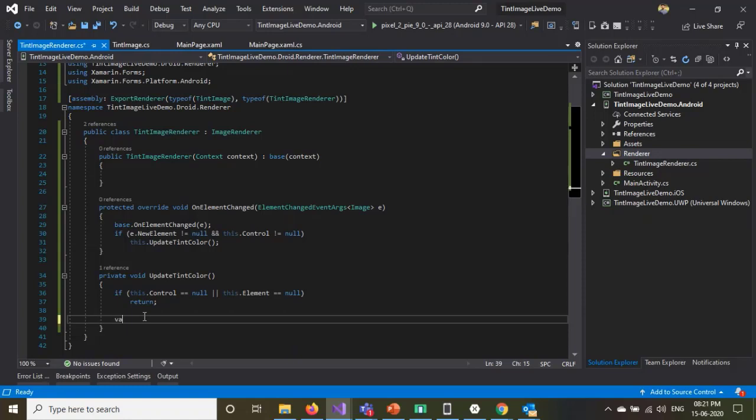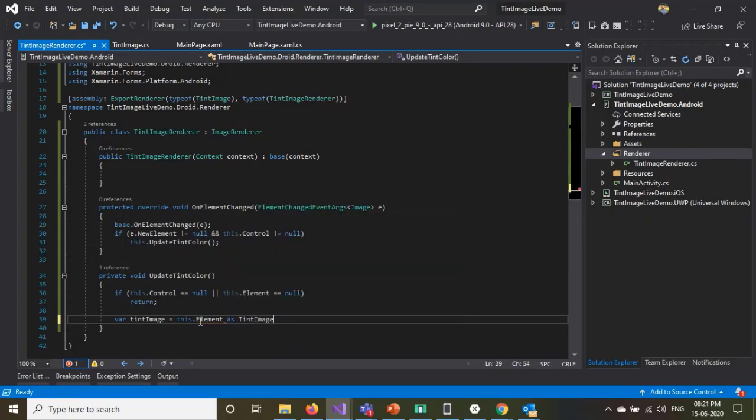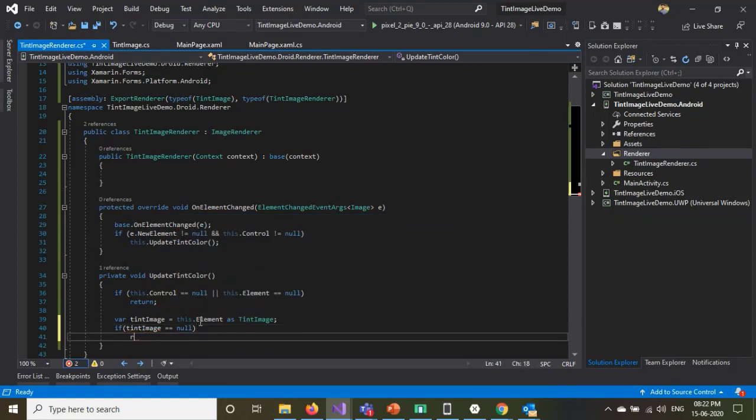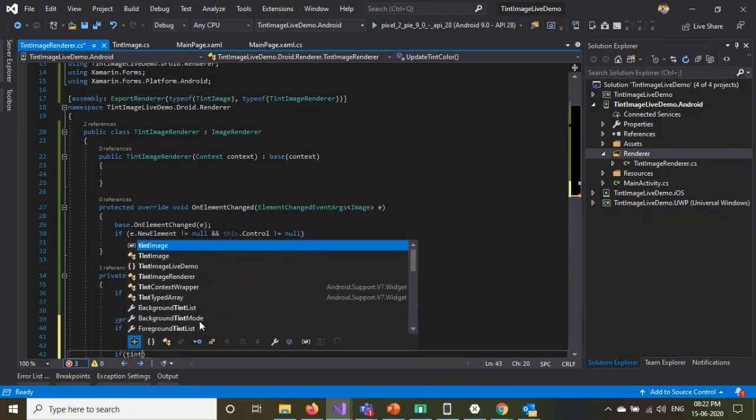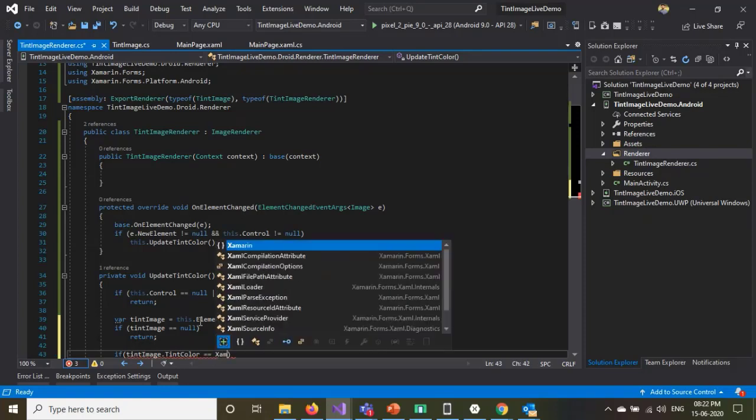So before that, let's complete the logic for tinting in Android. Since this is a custom renderer, and TintImage extends Image, I may not be able to use the element directly to access the tint color. So I have to do a cast here: element as TintImage. If this TintImage is null, then let me just return. All right, so if the TintImage dot TintColor is transparent,